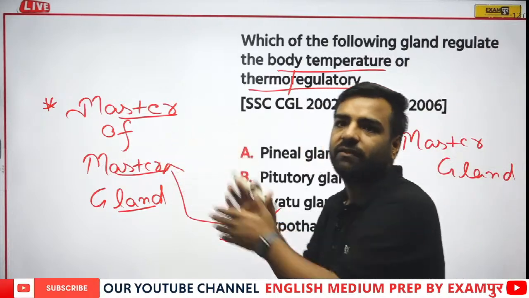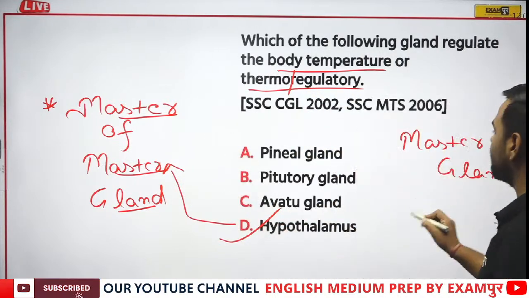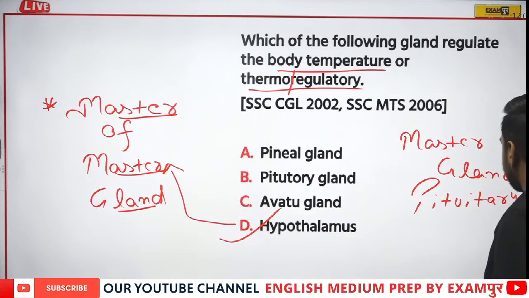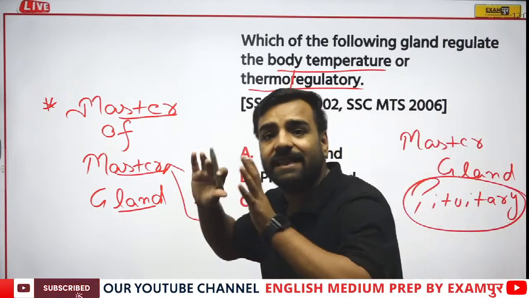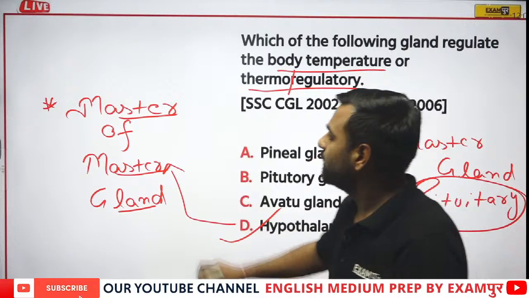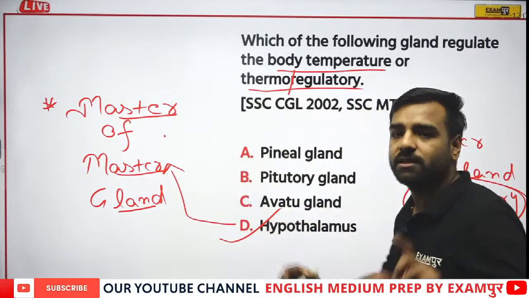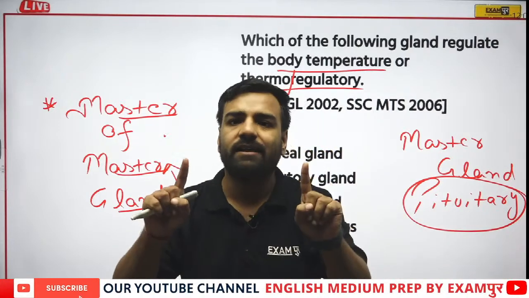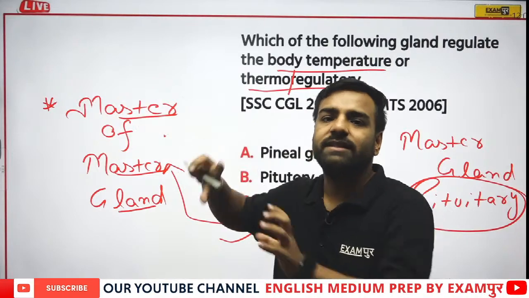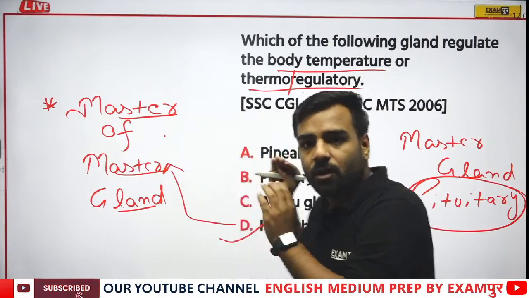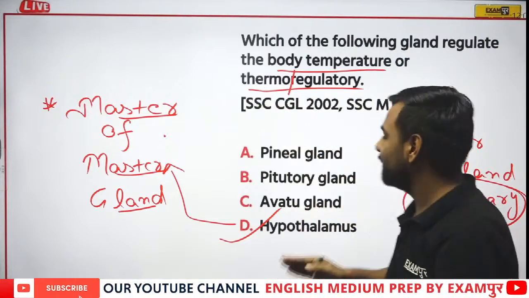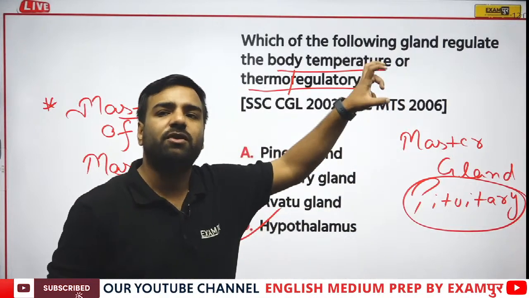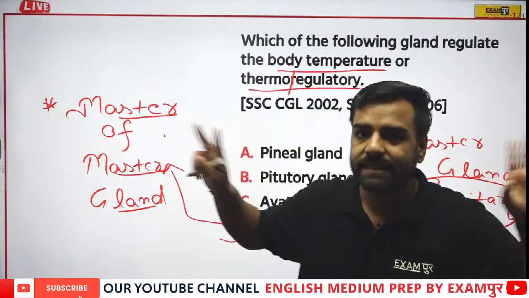So these are two different questions, and Momita has given the correct answer. The master gland is your pituitary gland. So the pituitary gland is your master gland, but the one which is even controlling this pituitary gland is your master of the master gland, which is the hypothalamus. So there's a difference between these two. It creates confusion in the examination. Don't get confused. The master is the pituitary because it is dealing with other glands. Fine. But the head of all these glands is the hypothalamus. So the hypothalamus is also the master of the pituitary gland. That is why it is known as the master of the master gland. So please remember the difference between the two.